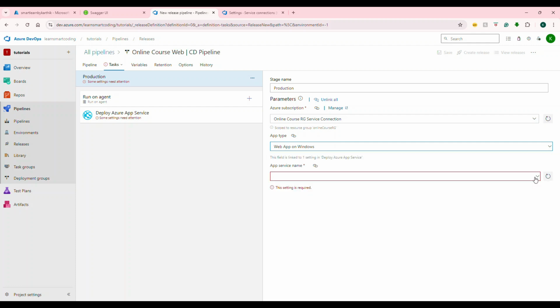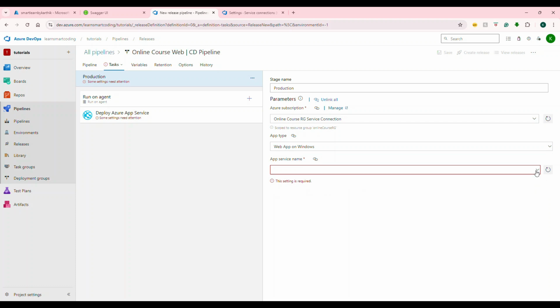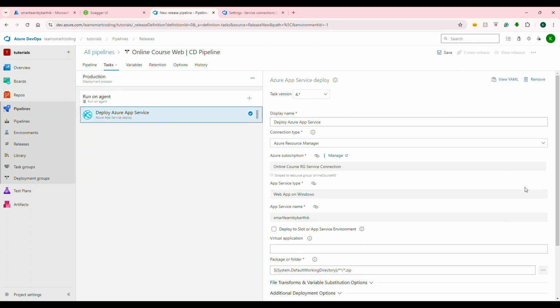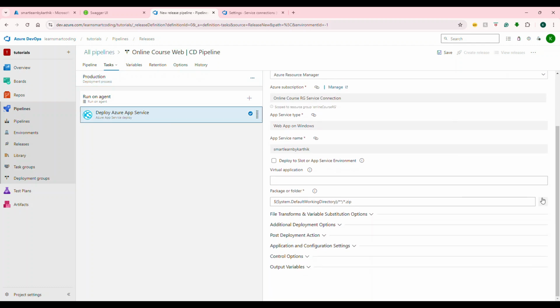One is for .NET Core, one is for Angular. So both will be listed. You need to make sure you choose the right one. So I'm going to choose the second one, which is meant for the web application. So we are good so far. Everything looks good. Now the last one is, if you click on this deployment service, you need to select the